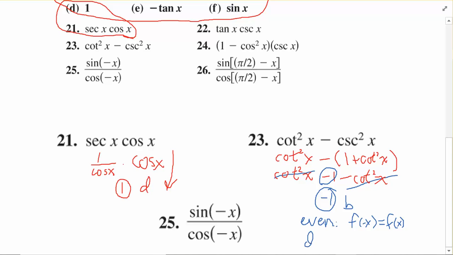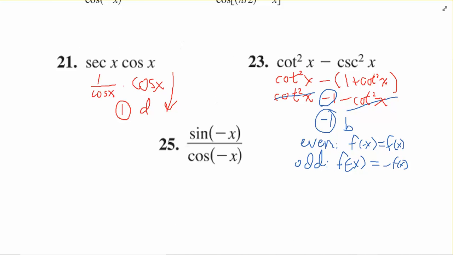And for an odd function, f of the opposite of x is equal to the opposite of f of x. So what's that got to do with this? Well,